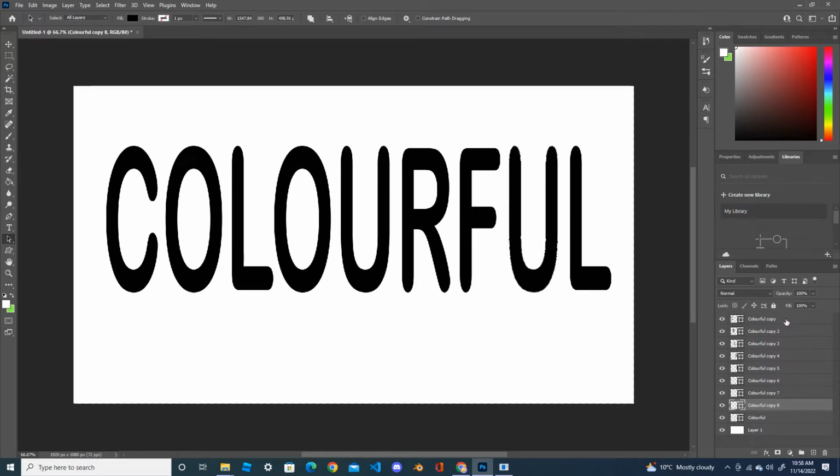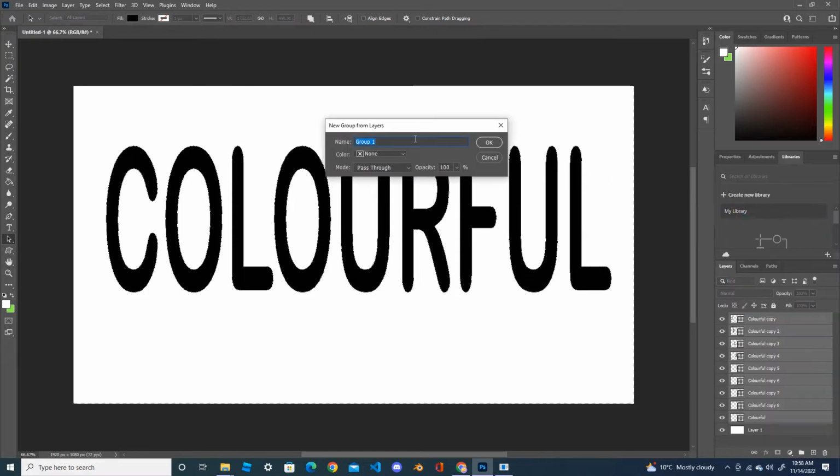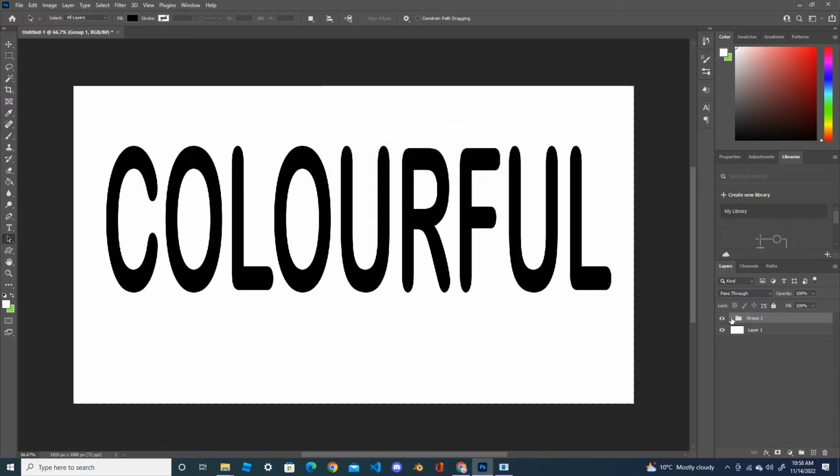Now the next step is to put all these layers in a group, so it's easy to work on. So click on the top layer, and by holding the Shift button, click on the last layer, and you can see the icon here. Press this icon and choose new group from layers. Leave the group name as 1, or you can name it whatever you like. All the layers are inside group 1 now,